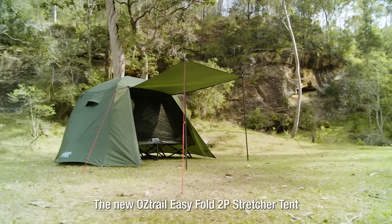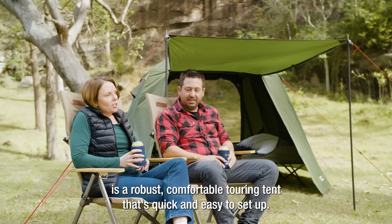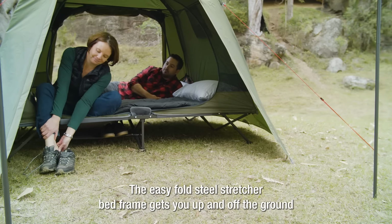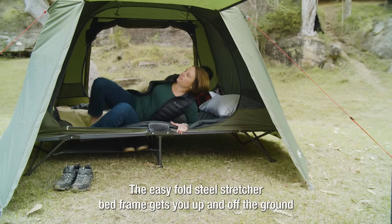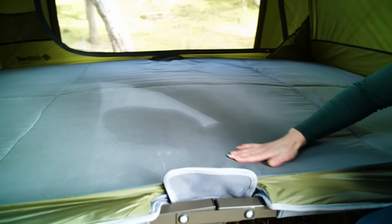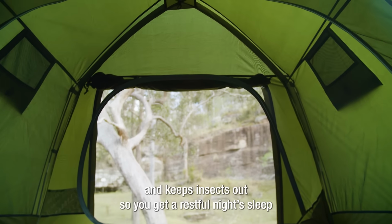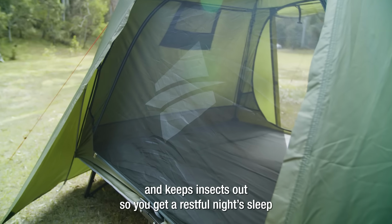The new Austrail EasyFold 2P stretcher tent is a robust, comfortable touring tent that's quick and easy to set up. The EasyFold steel stretcher bed frame gets you up and off the ground, and the padded stretcher top ensures 2 adults can sleep in comfort. The ultra-fine, no-see mesh inner tent provides great ventilation and keeps insects out so you get a restful night's sleep,